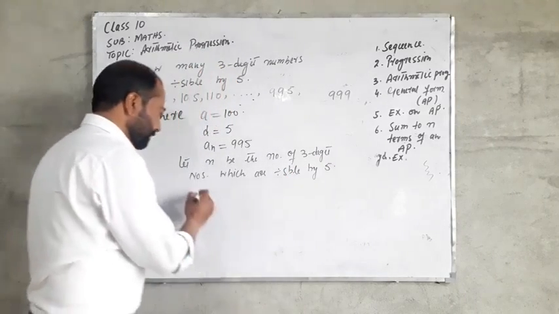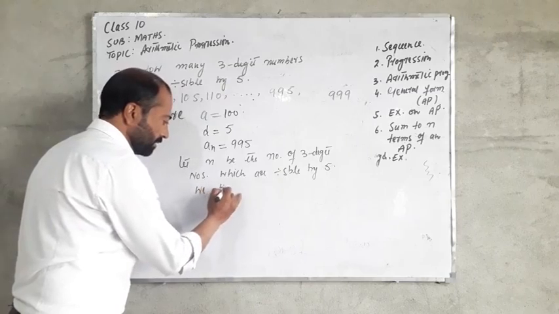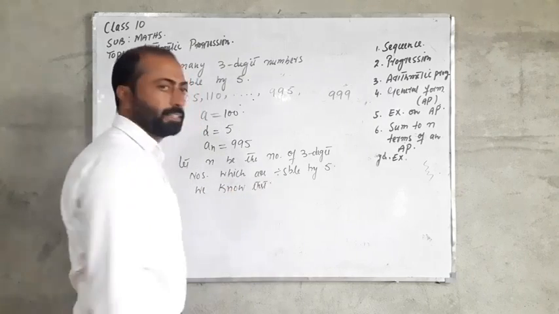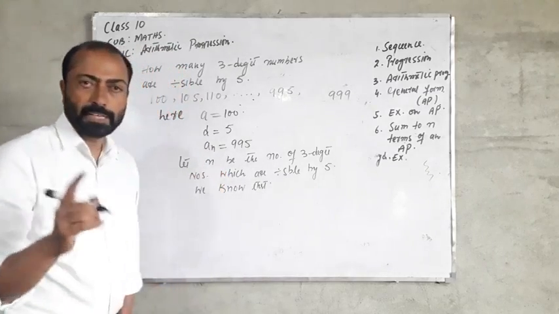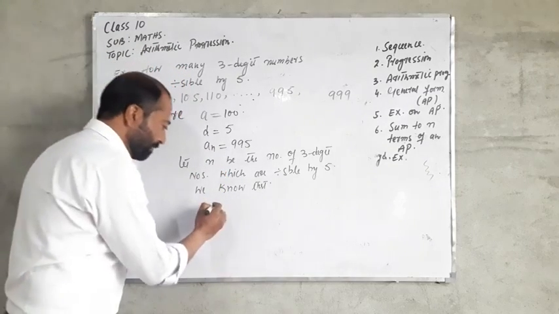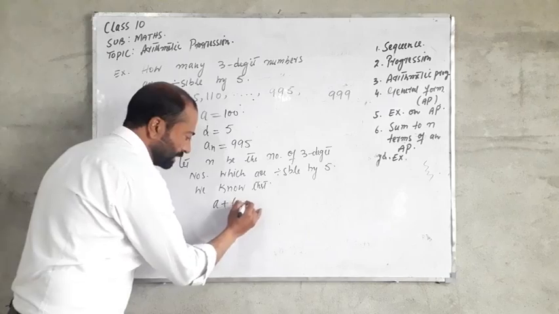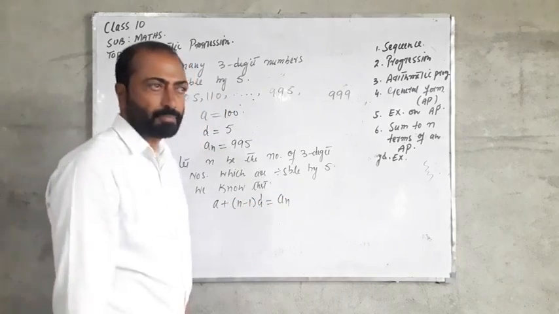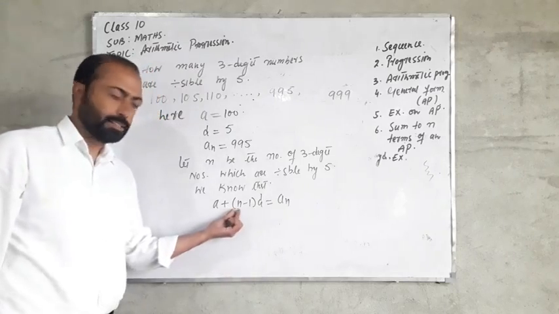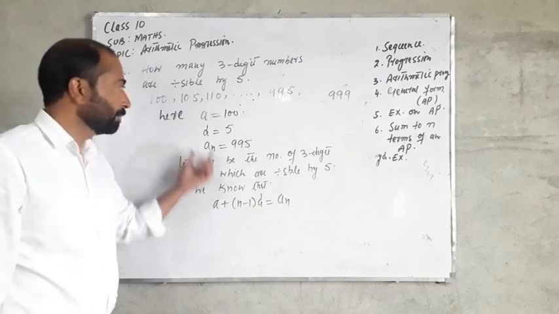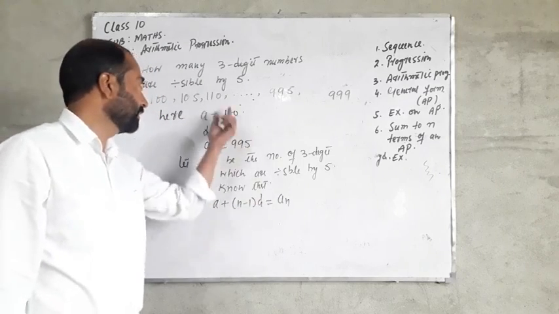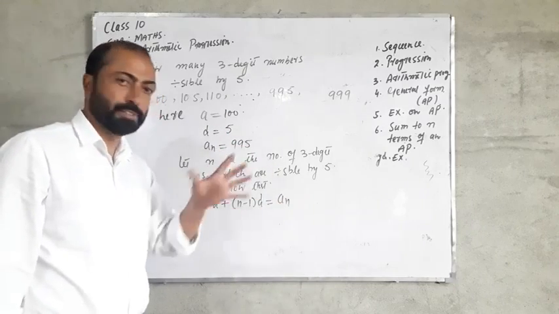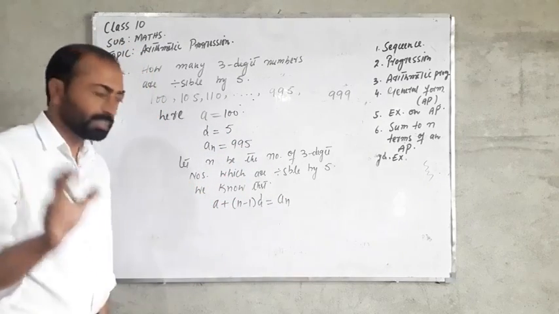We know that the nth term a_n of an arithmetic progression is given by a plus (n minus 1) into d is equal to a_n. I need to determine this n. a is given, the first term of this AP is given, d, the common difference, is given, a_n, the nth term of this AP, is given. Simply you have to do one thing, replace